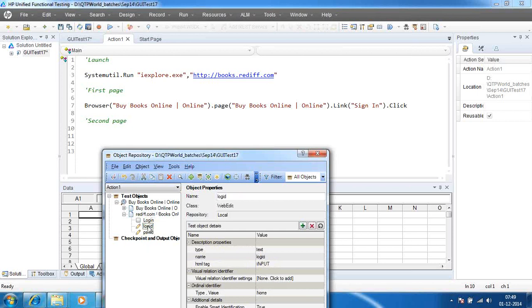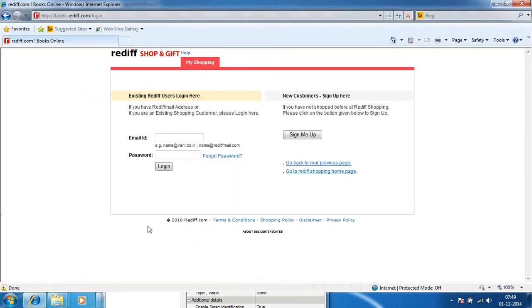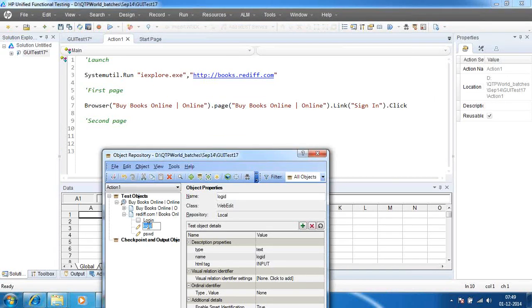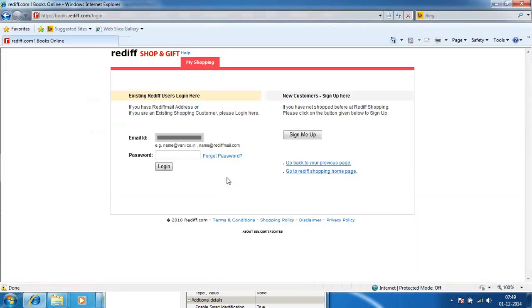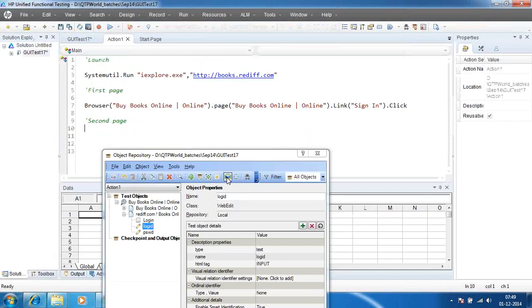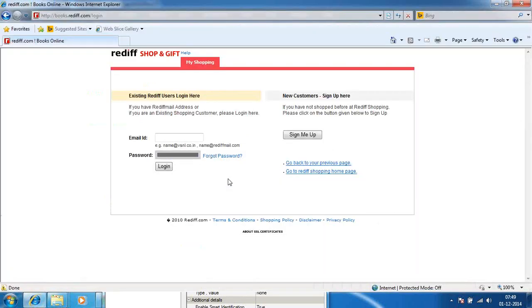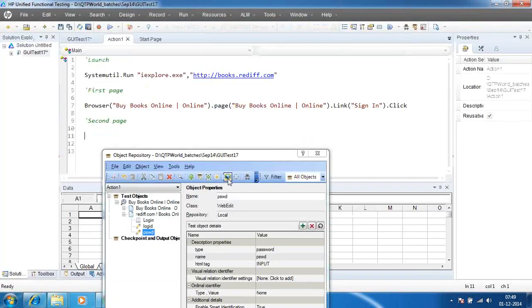I don't know. With the nomenclature here, I am able to predict, okay, this might be for the user ID, but in actual, how exactly can I see whether it's an actual object or not? There is something called Highlight in Application. Click on Highlight in Application. It shows you where exactly your objects are. My first objective is to work on that object. I need to enter my username there. And the next one is this object. I don't know what object it is. Just see, it is the password.